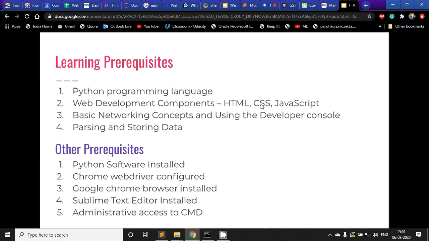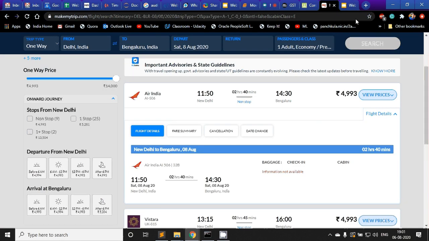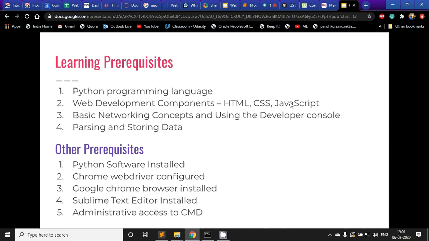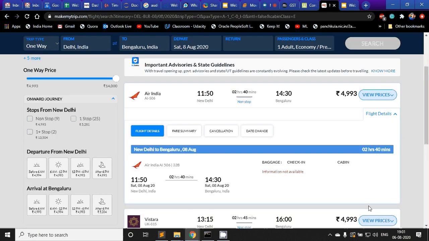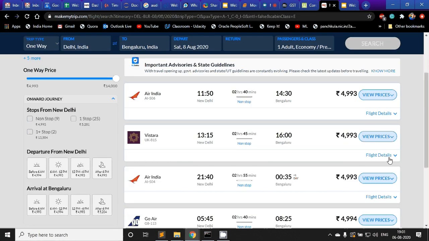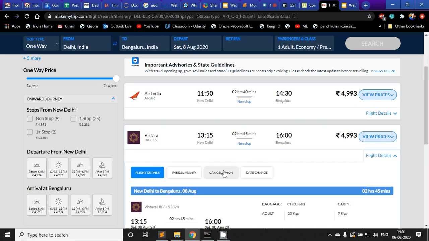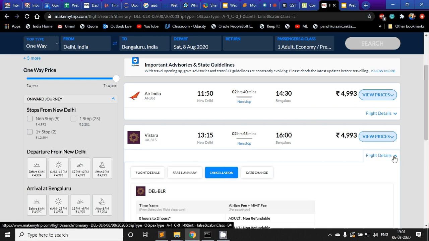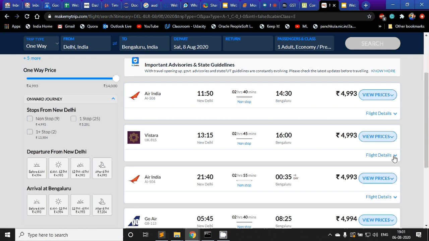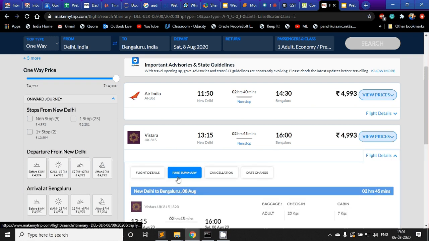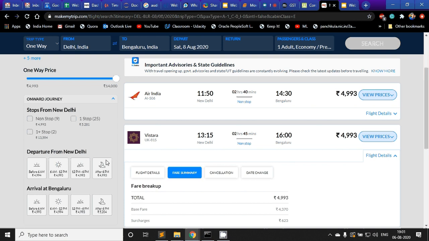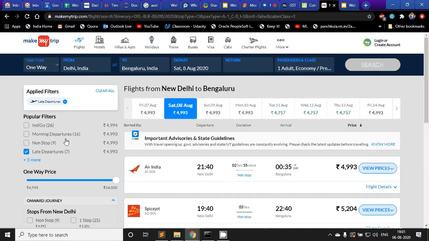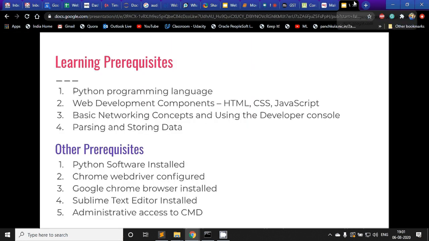Okay, and then there is JavaScript. JavaScript is simply used for user interaction. When I click this or I click this, this clicking could happen because of JavaScript. Right? JavaScript enabled me this user interaction on the website. If I click this here, if I click this here, all of this user interaction is provided to me by JavaScript.